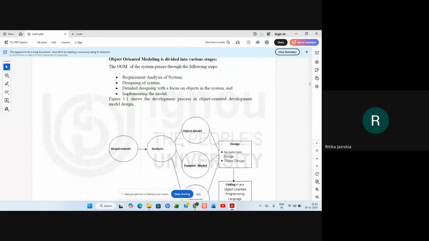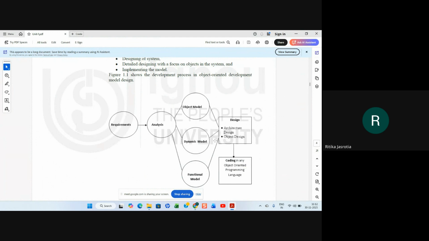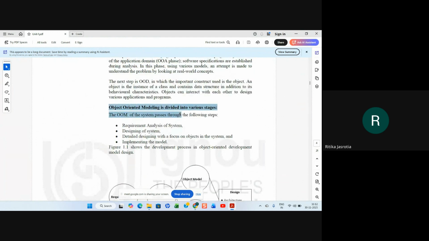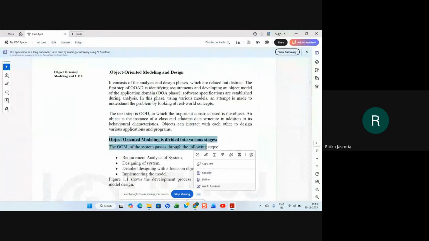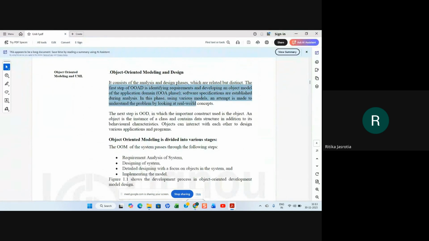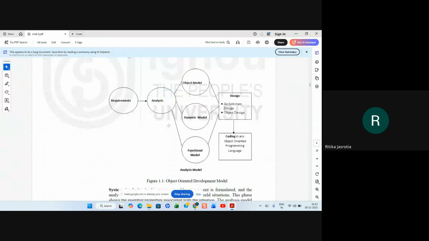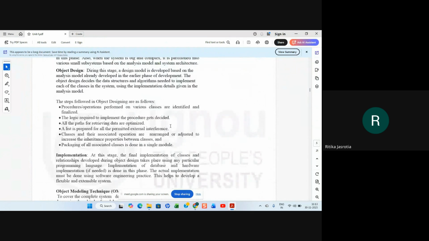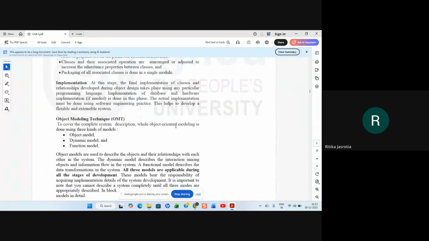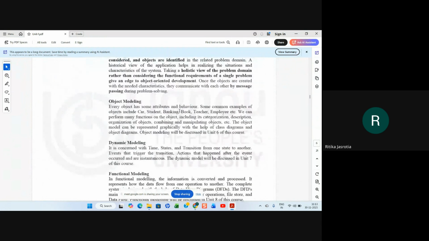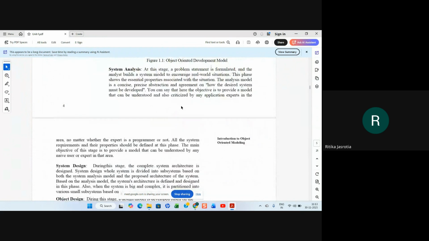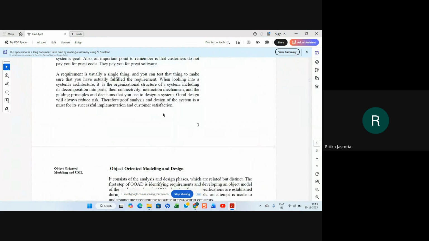So this is your diagram for object-oriented modeling stages. So question is, what is object-oriented modeling, and list advantages and various stages. So stages, so we have seen the definition will be this one, right? And so advantages also you have to